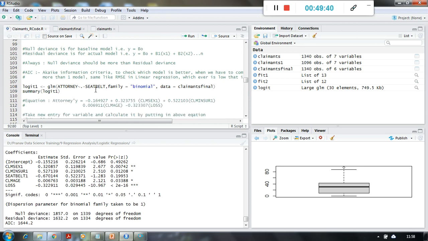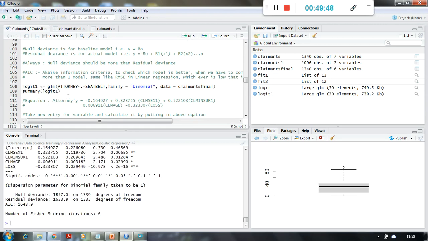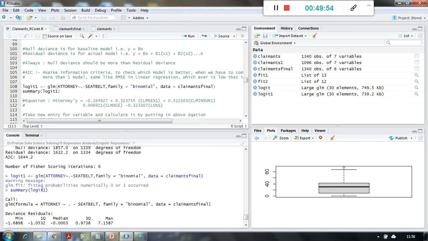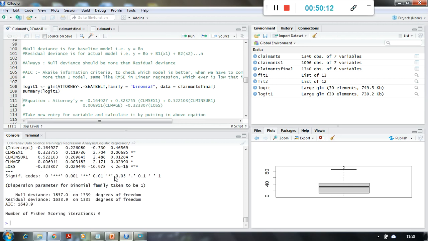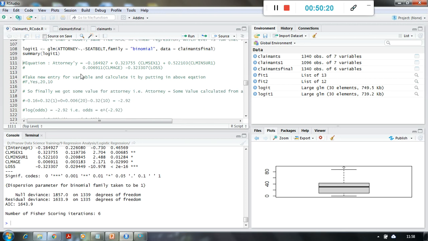So let us check that with one example. But before that, we will remove the seatbelt column. Rest of the things I am keeping as it is. I am writing another model and getting another summary of this model, and you can see here now this AIC value has been reduced from the earlier one. So this model is better than that earlier model, where seatbelt is not there and all remaining variables, whatever coefficients we are getting for the variables, are significant over here. Of course, null deviance is again greater than residual deviance. So this is a better model than the earlier one.